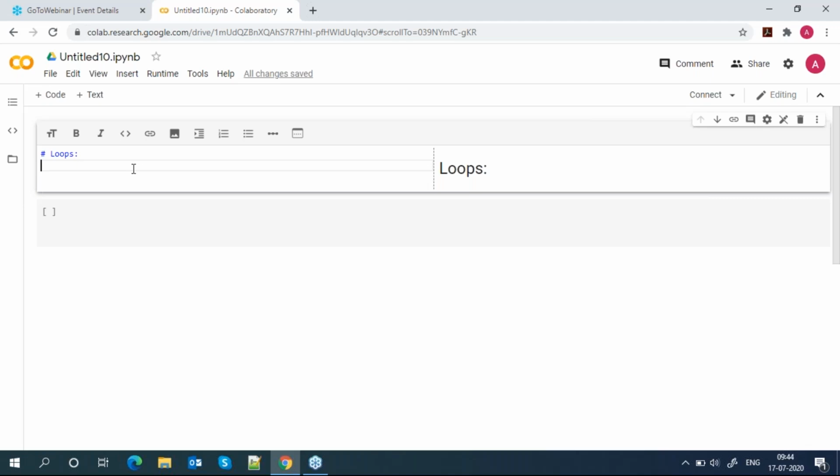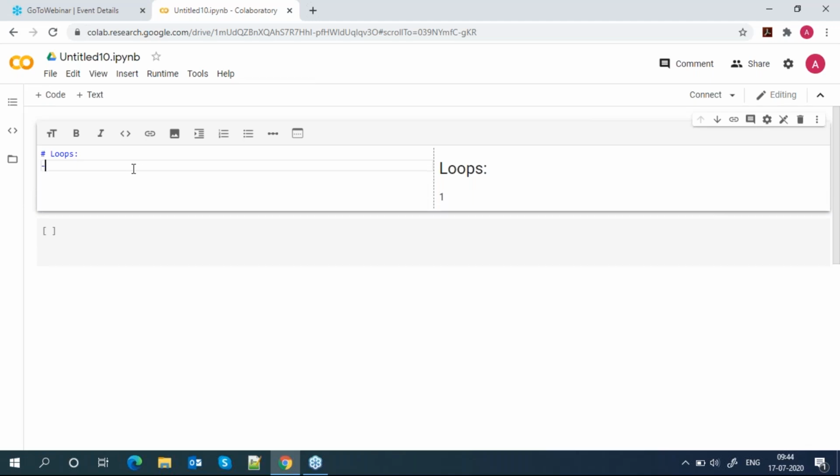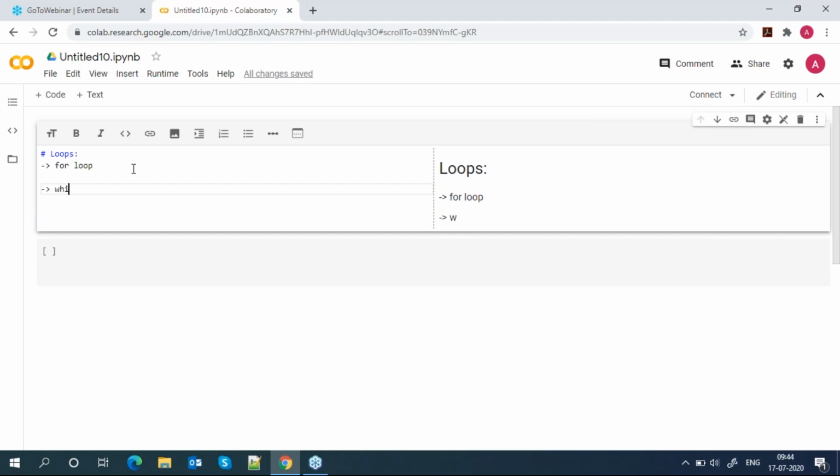We have two kinds of loops: one is the for loop and the other is the while loop. I think you have already heard about the for and while loops in the basics at college level.